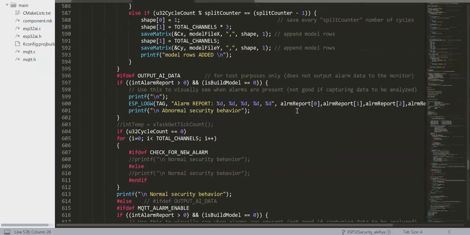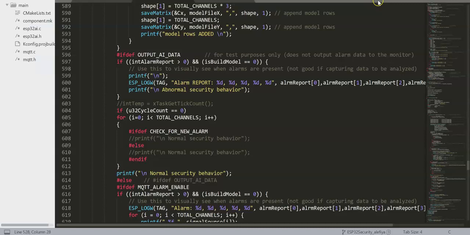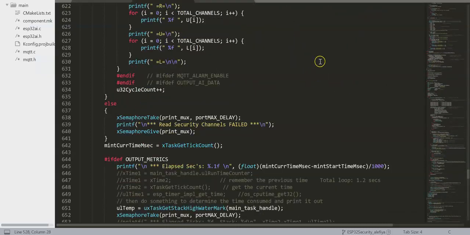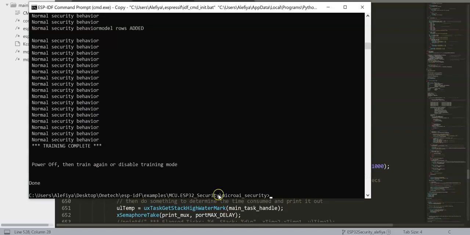And the Y code determines what to do with the results. In this case, we will be displaying it on a command line, as well as sending it to C2M. So now that we know how to work with MicroAI security, I've already pre-trained my model for 180